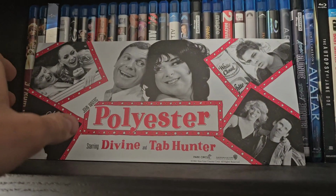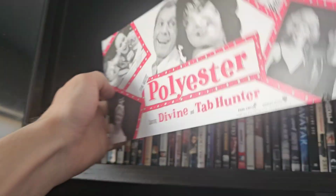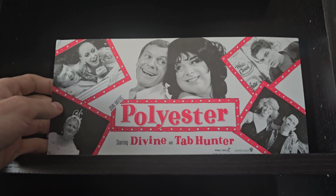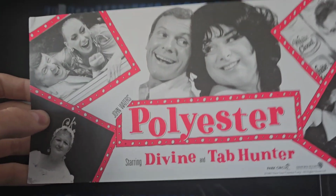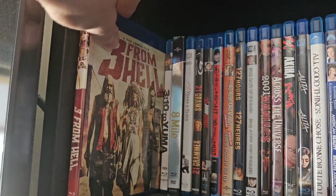All right. So right here we have this scratch and sniff card for Polyester when I saw it at one of my local theaters a couple months ago. That's a very fun film. I actually don't own the film, but I would like to get the Criterion Blu-ray of it at some point. That's a funny movie. Anyways, right here we got 3 from Hell,